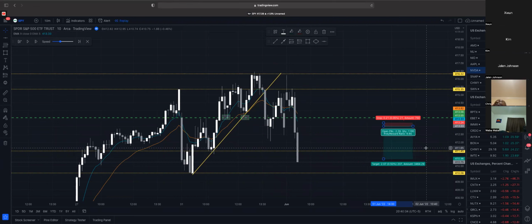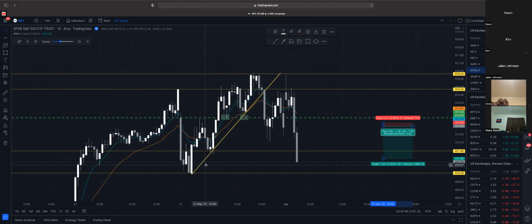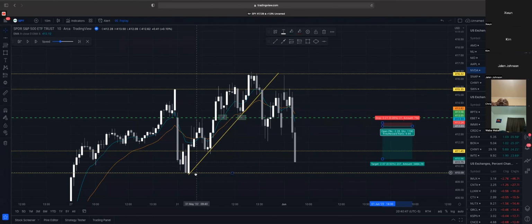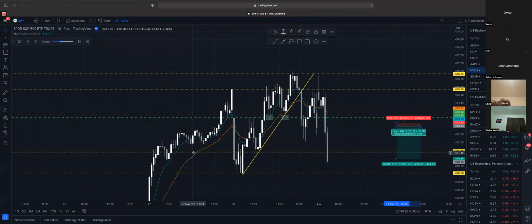Puts under the close from the day before? Yes, you could have done puts from the close from the day before. So let's see the day before. So we took the trade. Where did we take this trade? So this is the opening. So you could have took puts